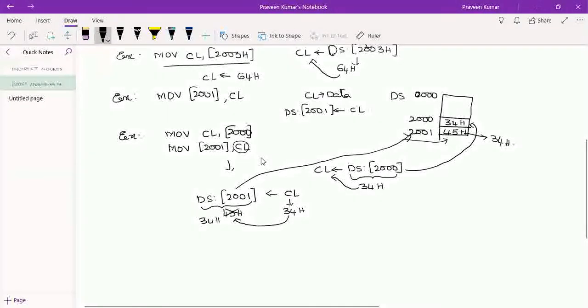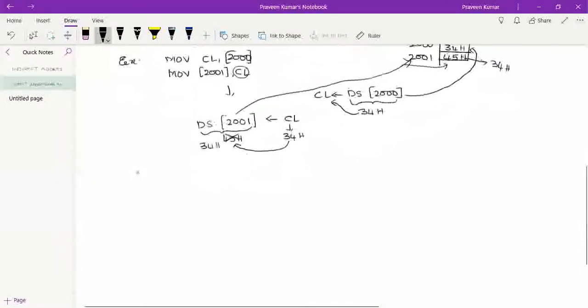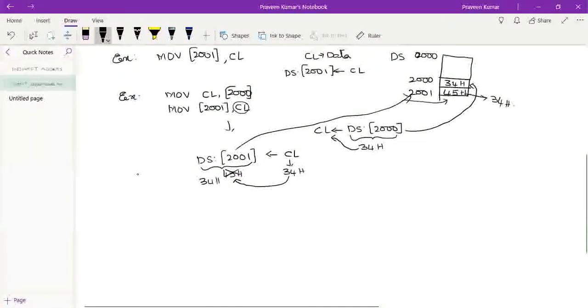So from this we are very clear how the direct addressing mode works in our examples.